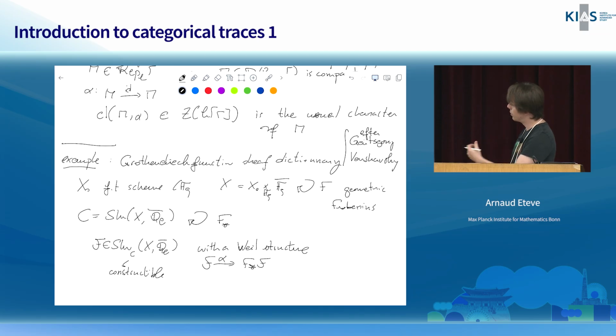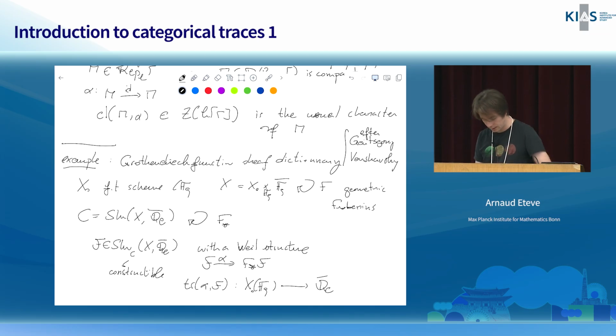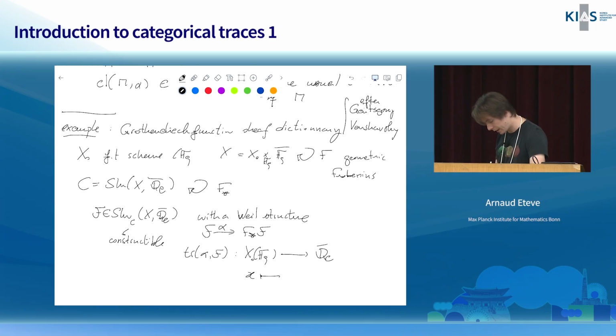And then the construction attaches to it a function, the trace of alpha on F. So the classical construction of the Grothendieck function-sheaf dictionary is to define a function from the set of F_q points of X0 to Q_l, which sends a small point x, which I can view as an F_q point, or rather as an F_q bar point, and I can pull back the map alpha to this point.